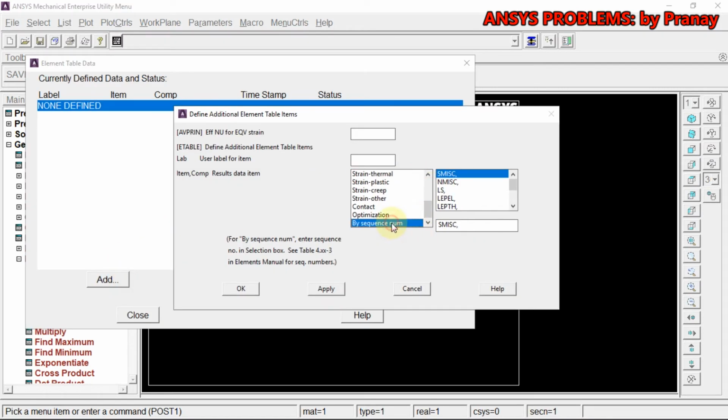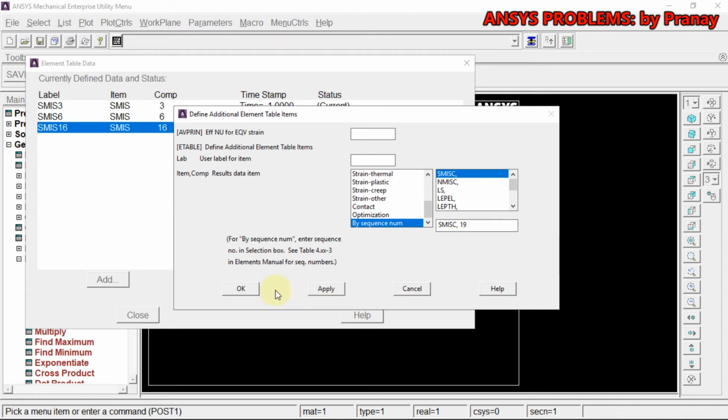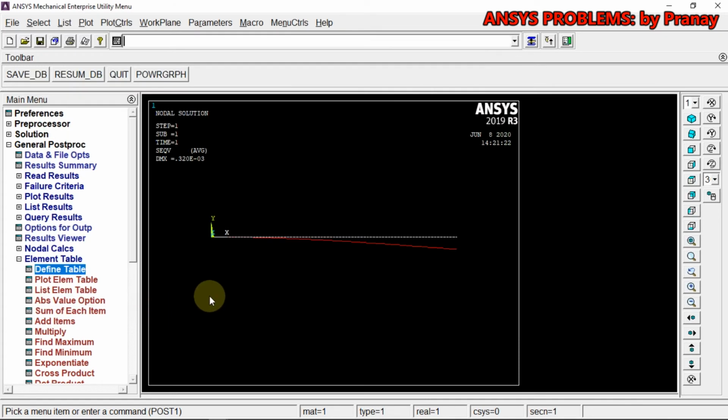For that, define SMISC3, SMISC6, SMISC16, SMISC19. Click OK. So just remember, the combination of SMISC6 and 19 gives you the shear force diagram, whereas the combination of 3 and 16 that we created gives you the bending moment diagram.